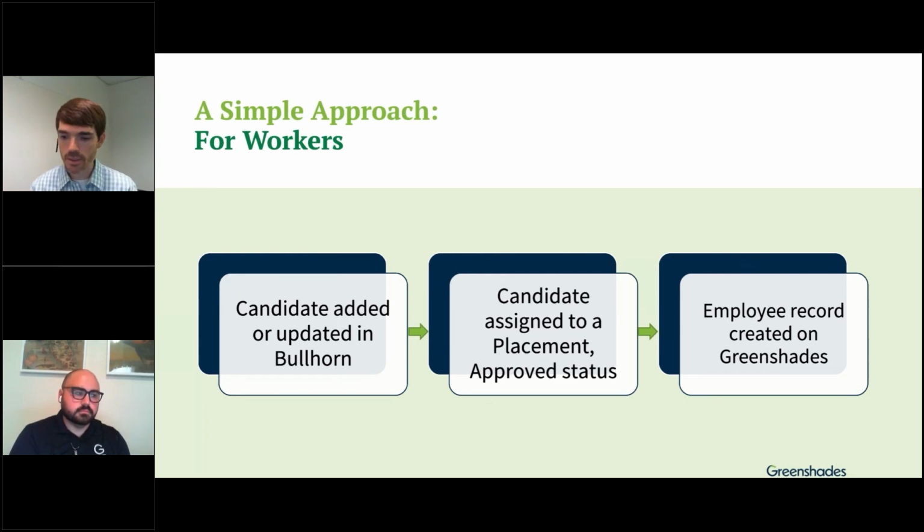And for that employee record, it's critical that we have the data that we need in order to appropriately handle those taxes, right? Because ultimately Greenshades is absolutely assisting with the tax reporting and handling the heavy lifting when it comes to generating these electronic returns, knowing when liability payments are coming due, and facilitating those tax returns and payments to go to these various agencies, which, depending on how many states you're operating in, there's a lot of different agencies that you're having to deal with. So Greenshades is taking care of that